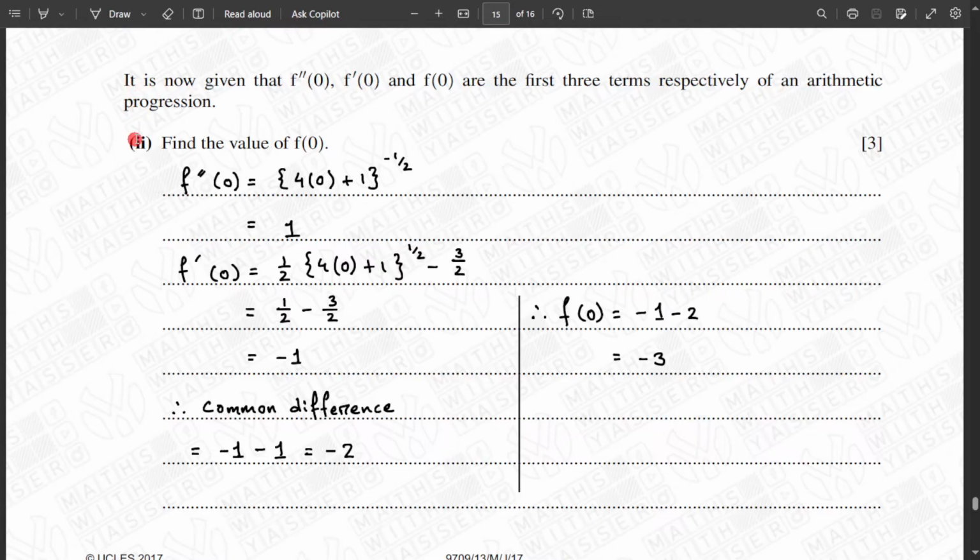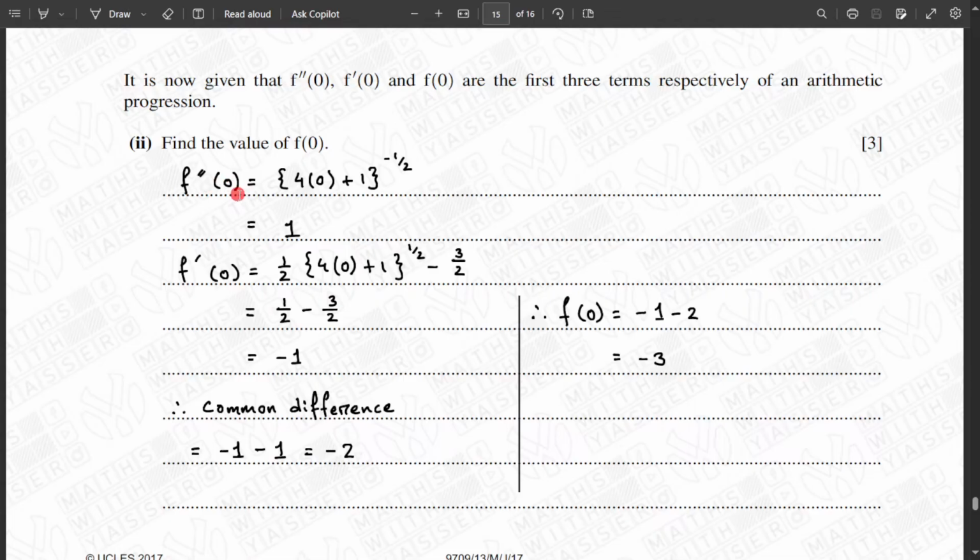Part 2 of the question says it is now given that f''(0), f'(0), and f(0) are the first three terms respectively of an arithmetic progression. Find the value of f(0). So